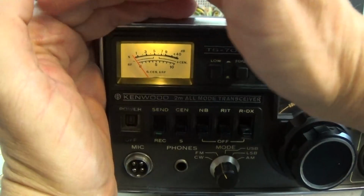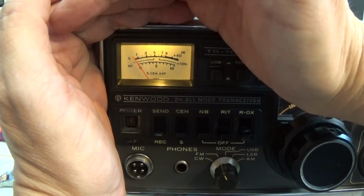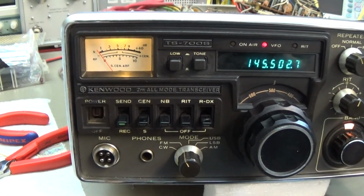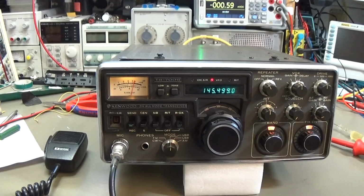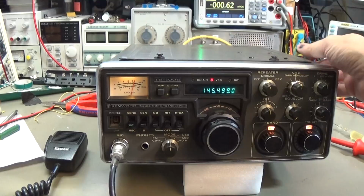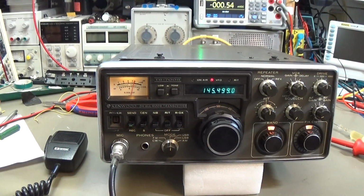So it is always nice to see how nice these LEDs turn out. So that is great, and so that is done. Alright, job is done. I hope I was able to do this ham radio operator a favor. If you ask me if I'm satisfied with the work, no, I was not. So I know that there are still a lot of little problems in the radio, and that is simply due to the fact that the radio is 40 plus years old, and normally, as already said, this radio would